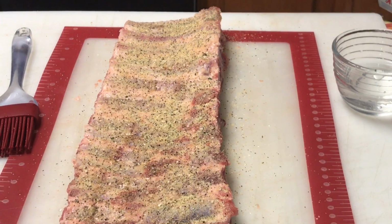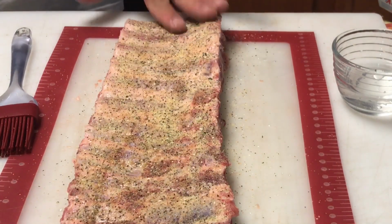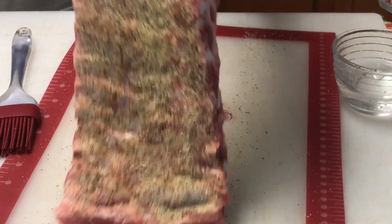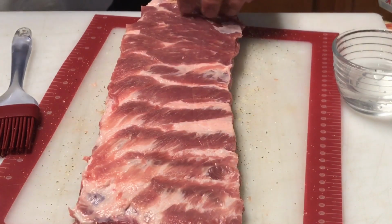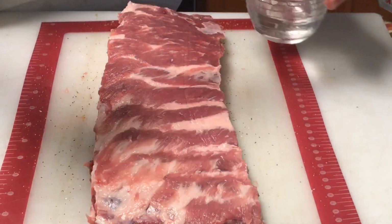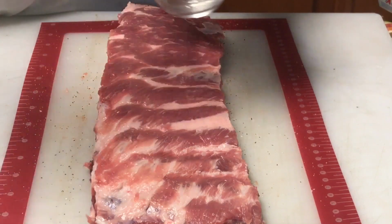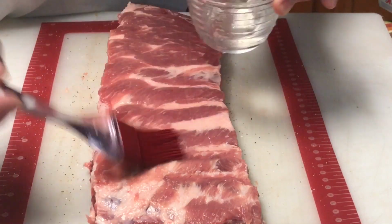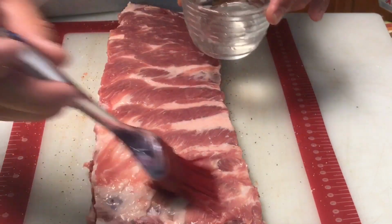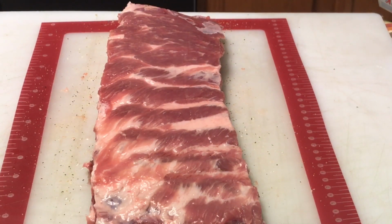So, and we'll just flip it over, do the other side. Take some of this water. Again, this is just something that I picked up the other day from a well-known barbecue pit master, and I wanted to give it a shot. So we'll see how much difference it makes. So